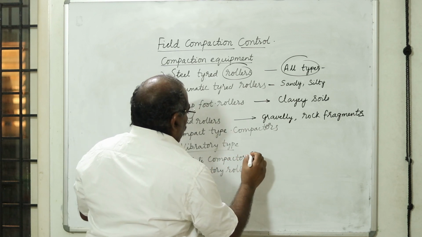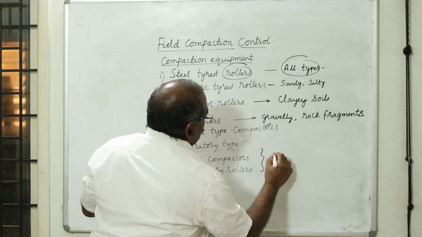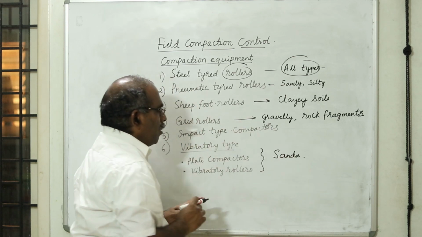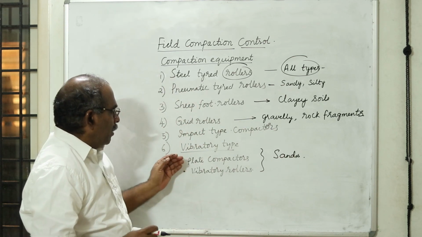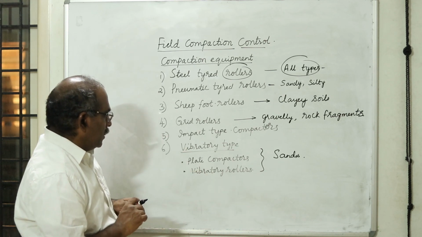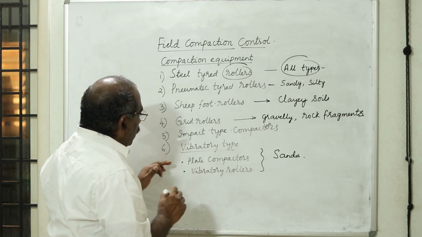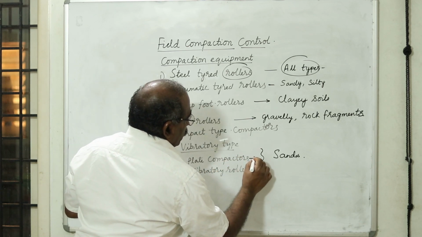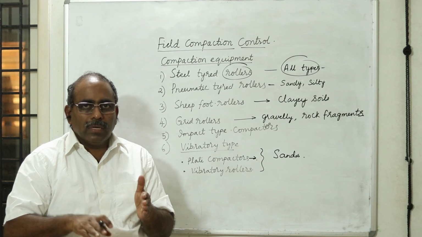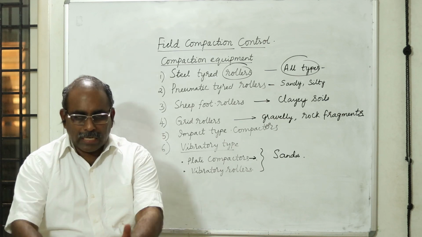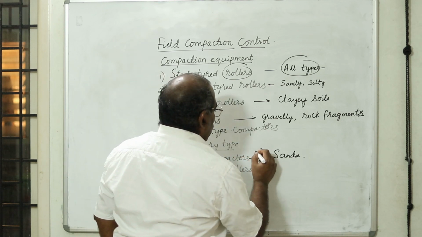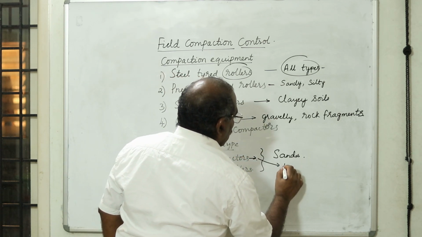The vibrated type of rollers, this is especially for sandy type of soils. Sands, granular materials, you can use the vibrated technique because when you vibrate, you can achieve a denser state. Now, these plate compactors especially are used for narrow areas. For example, behind the retaining wall, you want to have the backfill in narrow areas, or you have taken a trench and you want to compact back this soil, then you are going to use them for narrow areas.